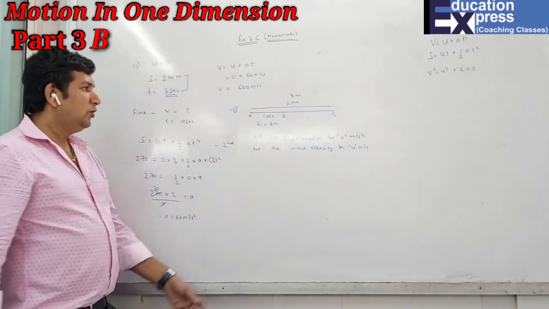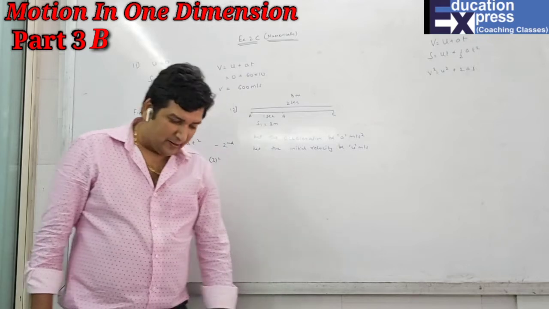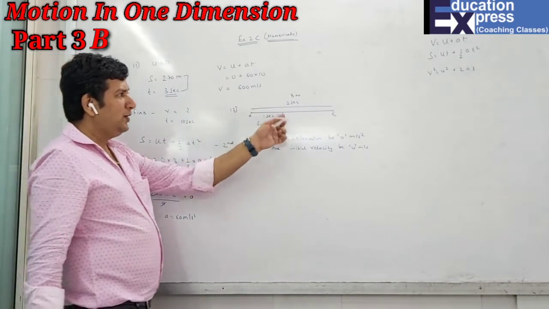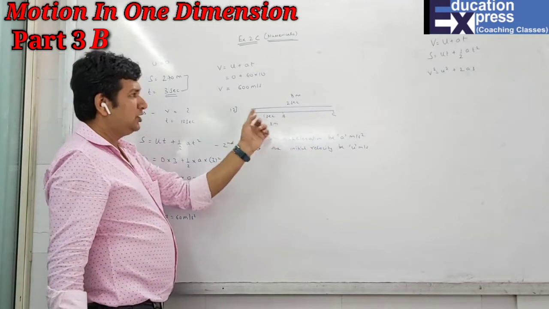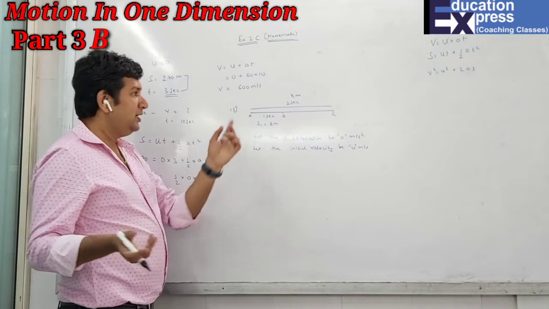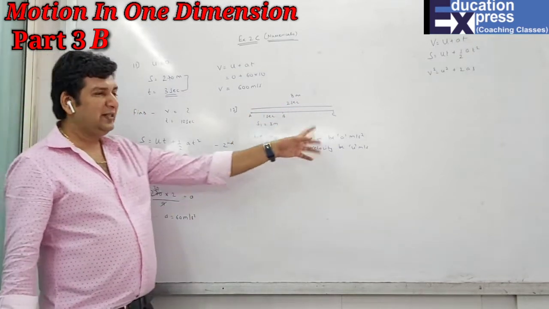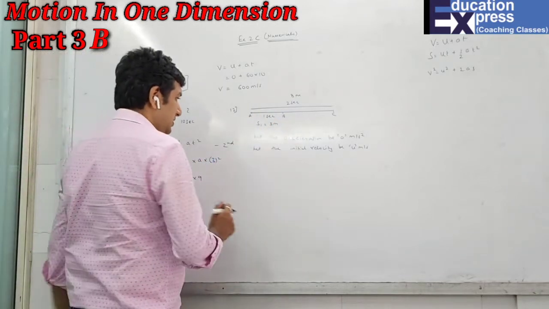That means we don't know two things, acceleration and initial velocity, which is what they have asked. Initial velocity and acceleration are both the same when it goes from A to B or A to C. The initial point is the same, so the velocity is u, and for A to B there's a change in velocity, and for A to C a change in velocity. The question says uniform, hence I have taken acceleration as a, which will be the same from A to B and A to C.